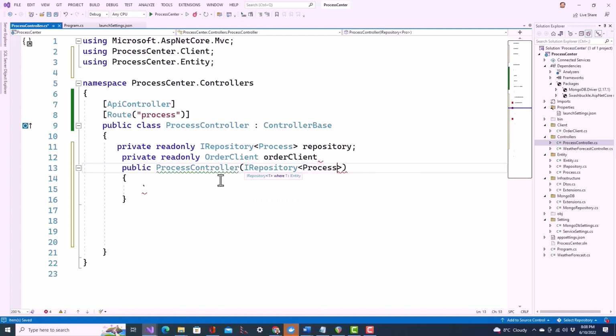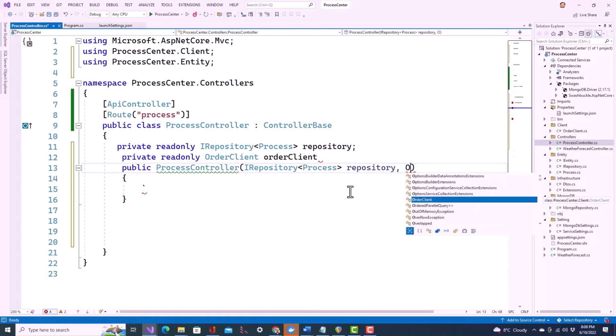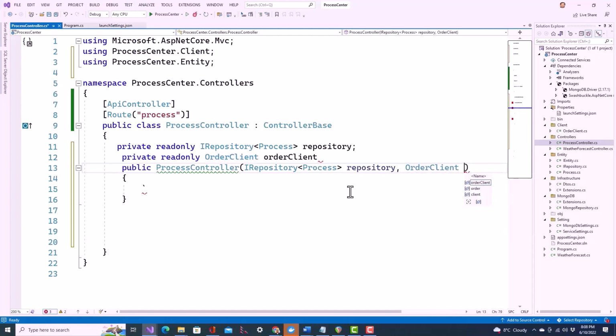I hope you all know what a dependency injection is, and if you don't know, then I can refer to some good articles to get you going, and I could put it in the description or on demand as a comment. So order client,